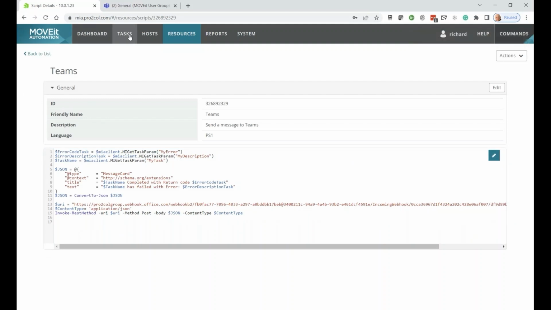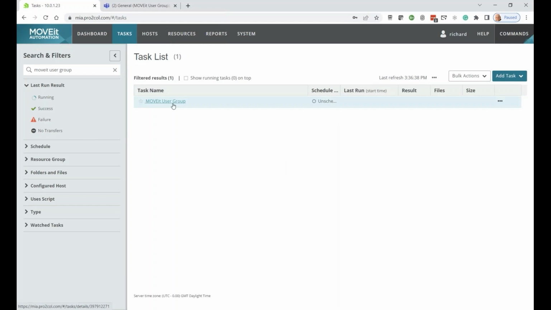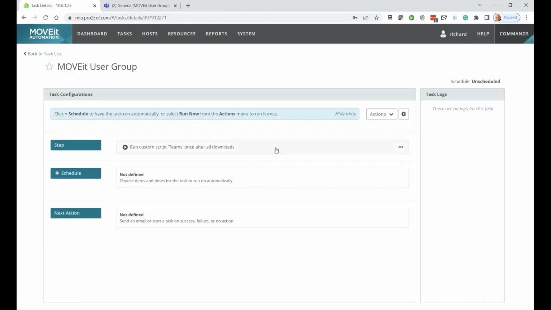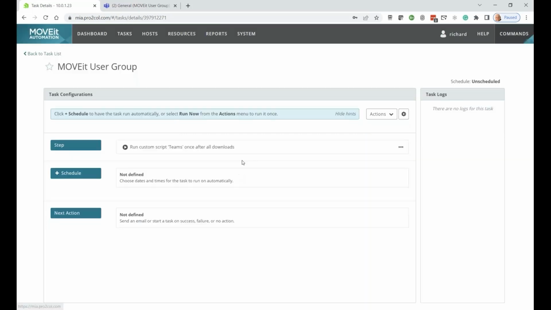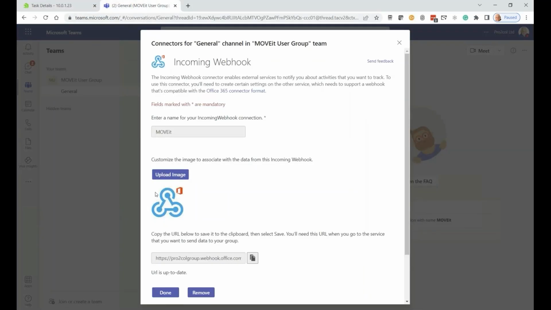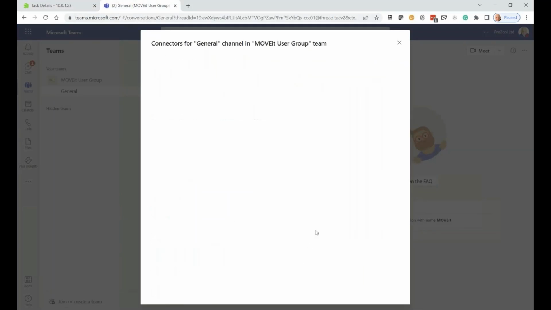Okay, and we can go to tasks now. So here I've got a task called MOVEit user group. And you can see it's running this custom script Teams. If I go and have a look at the task parameters, then we've got those three parameters that I referenced inside the script itself. Okay, and obviously these at this point can be macros, and it could be any number of these that you want. So I'm going to very quickly just show you, better click the done button on that,